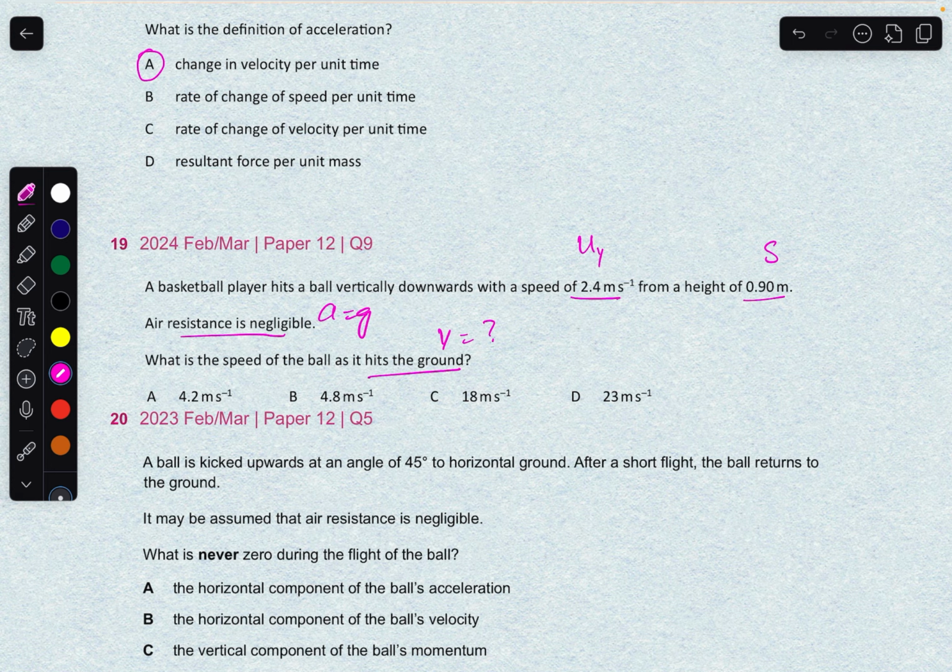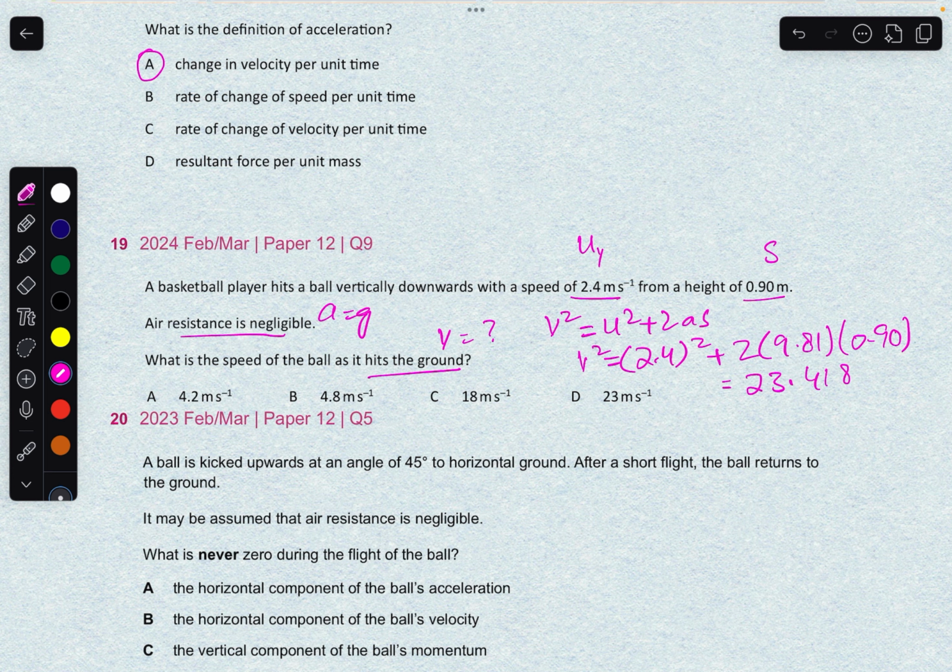Pretty easy. You have to choose the equation of motion: v squared is equal to u squared plus 2as. Just put the values here. You have 2.5 whole squared plus 2 into 9.81 into distance 0.90. When you calculate this, that will give you 23.418, but that is v squared. You have to find v, so take the square root on both sides. It will give you 4.83 meters per second. That is option